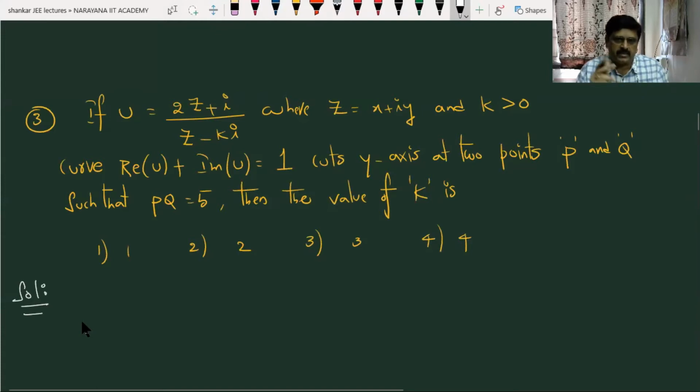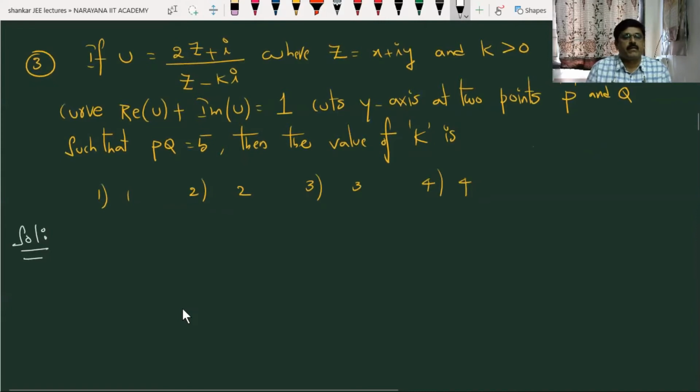Carefully observe. It is really a good problem, students. A little bit lengthy problem. Carefully you watch, students. U is equal to 2 of, I am going to replace z by x plus iota y. Even if they don't mention it, generally in geometry related problems in the complex numbers chapter, we take z as x plus iota y. Then only a particular locus will come. So to handle all such locus type or geometry linked problems, we replace z by x plus iota y. So 2 of (x plus iota y) plus iota by (x plus iota y) minus